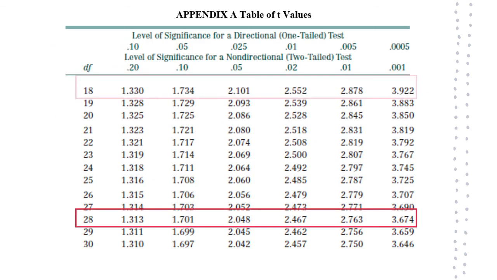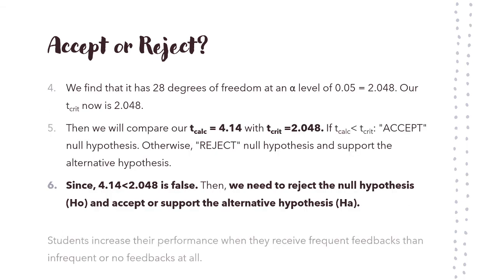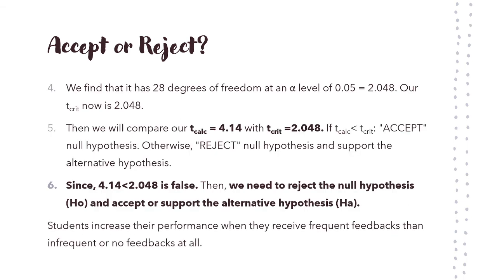So we can now dare say that students increase their performance when they receive frequent feedbacks, than those students na hindi naka-receive ng feedbacks or wala talagang feedbacks or the feedbacks is not frequent. Okay, so that ends our presentation of our